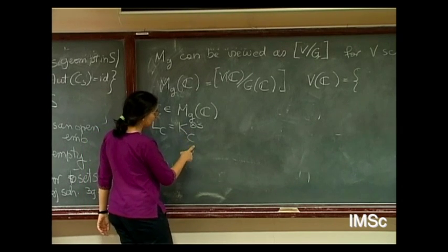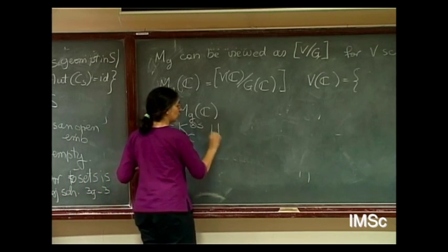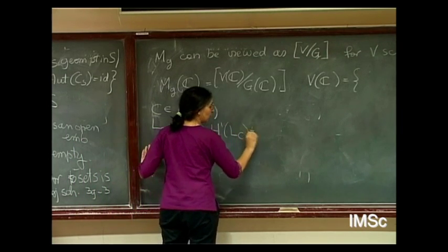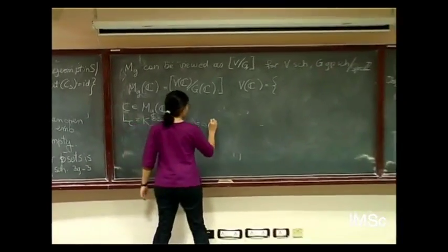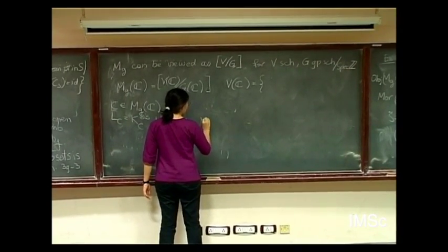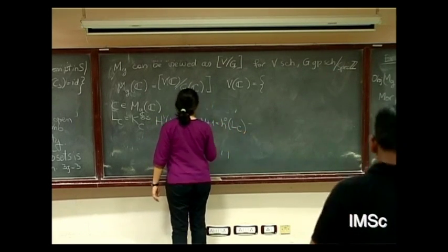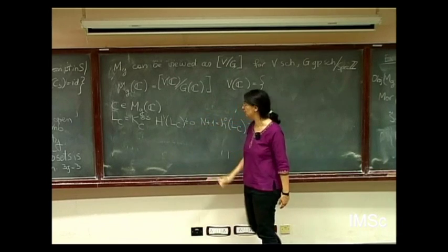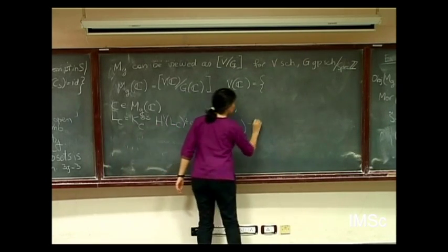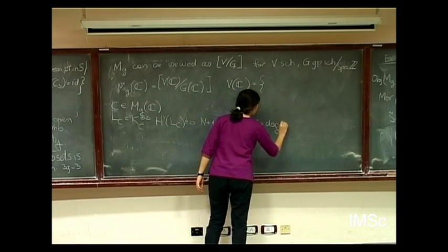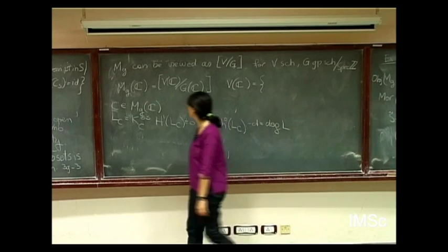If you take K_C tensor 3, this has also the nice property that H1 of L_C is 0, which means you know what H0 is. I mean, you can write a formula, but let me call just n plus 1 the dimension of H0 of L_C. This n plus 1 depends only on G. And let me call D the degree of L. So both n and D only depend on G and on nothing else.